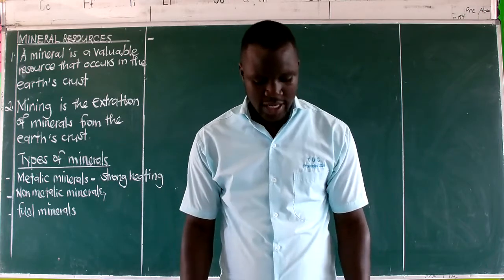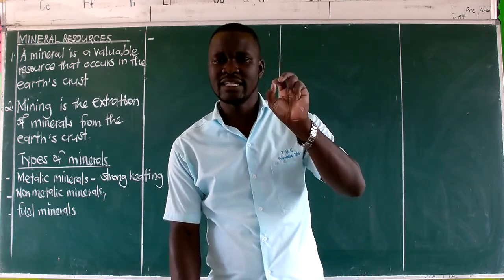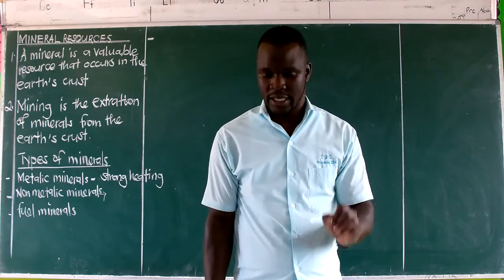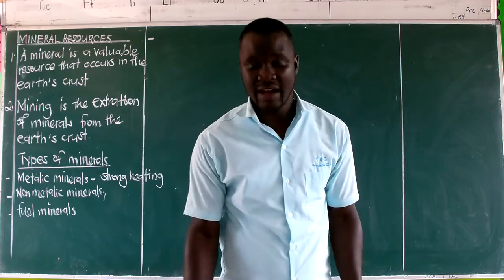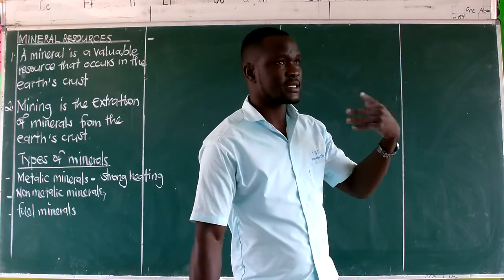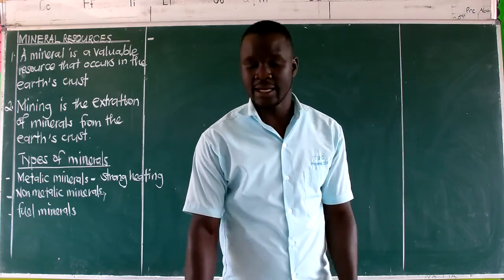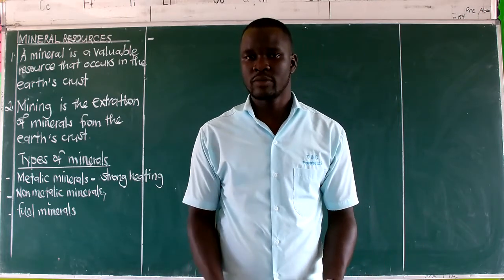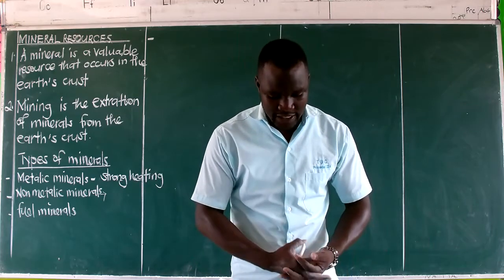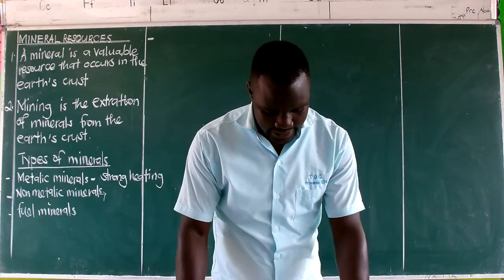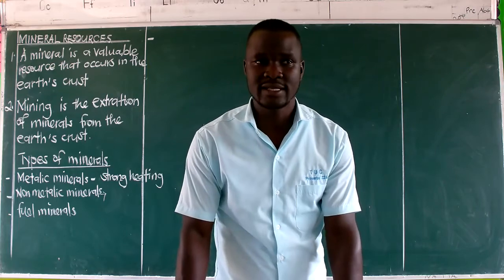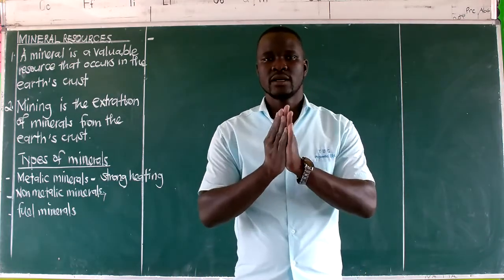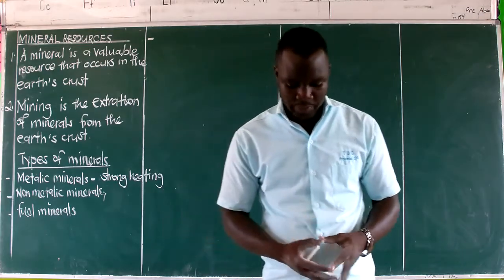I would show you that copper coin, but you have it. That coin of 500, you'll find that one is a copper coin. It's made up of copper. Then we have electric wires, these ones that transmit electricity, and then we have bullets, the ones that are used by guns. Those ones are also made up of copper. Then we have some trophies, these ones that people use in sports. You find we have these golden ones. They are made up of copper.